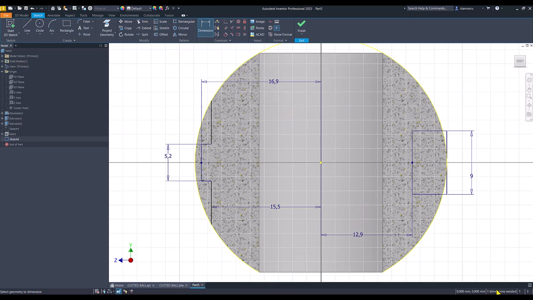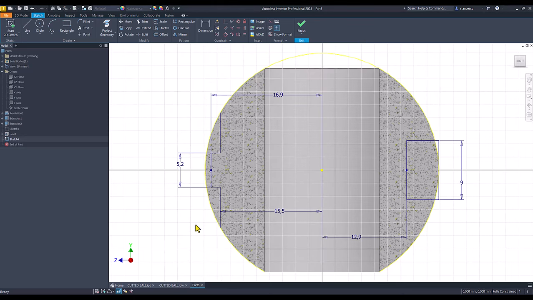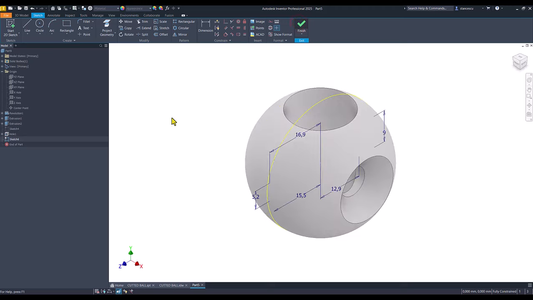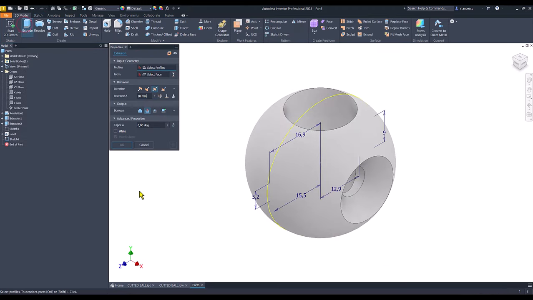We still have a missing dimension. I don't know what. Apply parallel this line with this line. Okay, I cannot remove this because it is a constraint. Okay, now we can apply extrude. Finish sketch, extrude